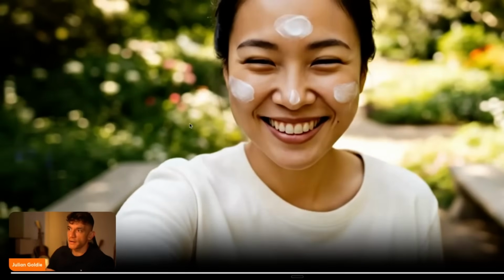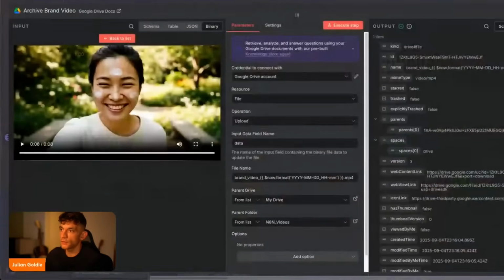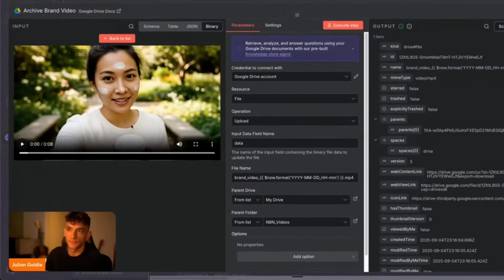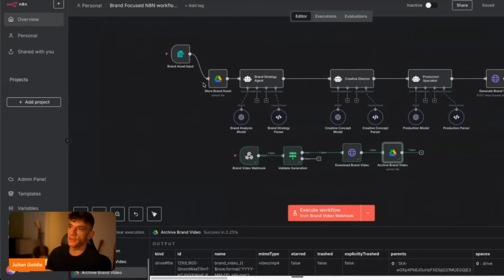So basically, we've got an AI avatar generated with Google. We've got background music inside the video. We've got kind of like UGC style content where she's vlogging away and she's talking directly to the camera. And this was all automated in one single click using this system, which I've actually given away for free as